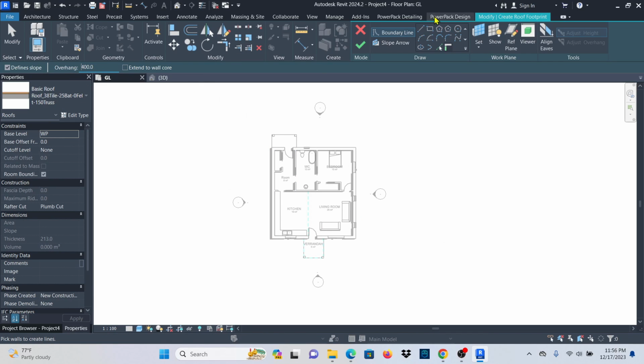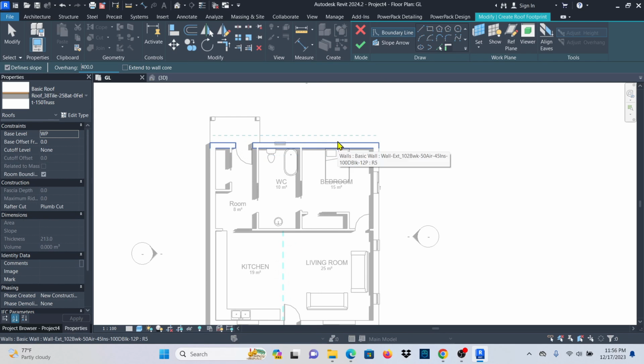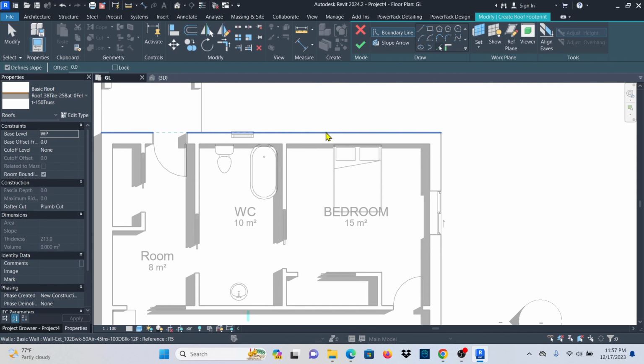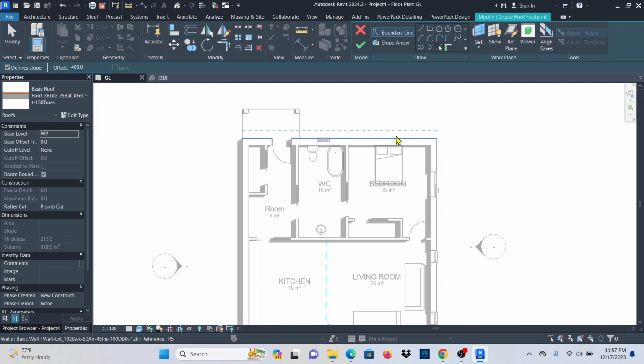Now after that, you need to come here. These are just tools that you can use to sketch. What is selected is the boundary, and I can use pick lines. So once I hover my cursor there, make sure that offset has disappeared. This is 400. Make sure that it's there, so that once you just click that line to give it an